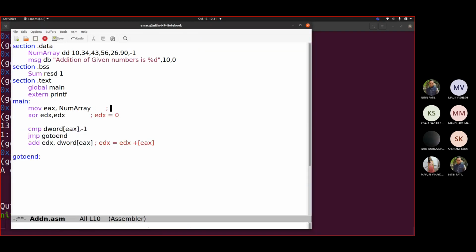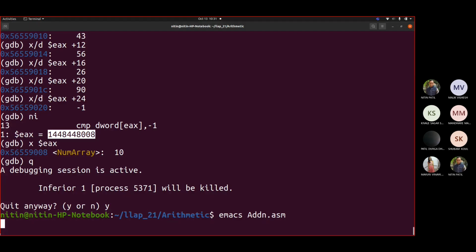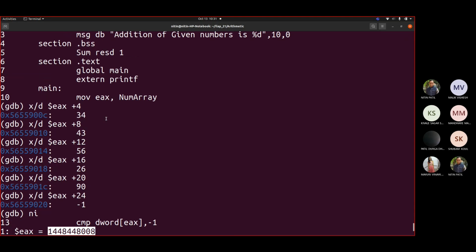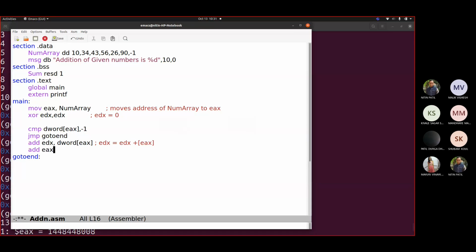This moves the address of num array to EAX. Fine. And here we are checking whether it is the same or not. Then we are going to add. Now when we add the first number, we have to move to the next number, like what we did here. So above we said plus EAX first, then we said plus 4. So EAX should be added with 1. So let me add EAX comma 1. And this is jump to